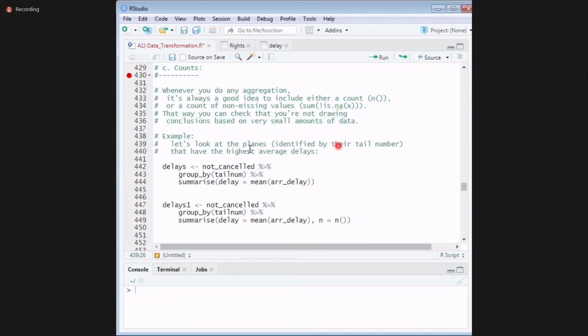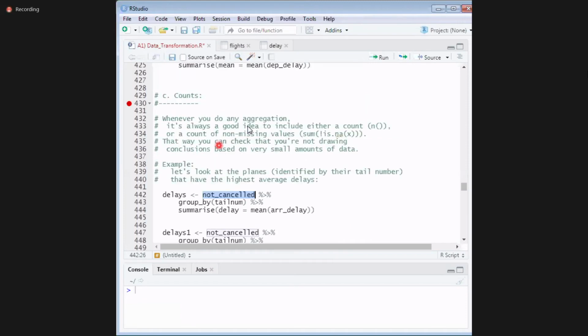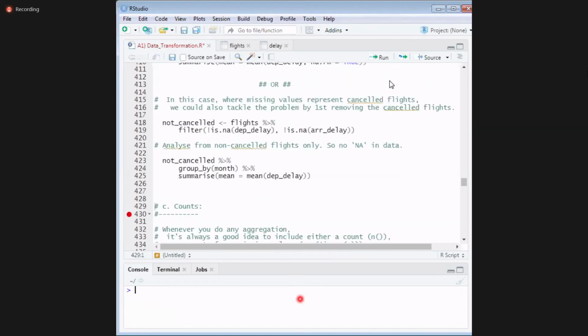So what do I do? Already I have the not cancelled data. This is my not cancelled data. What is not cancelled data?